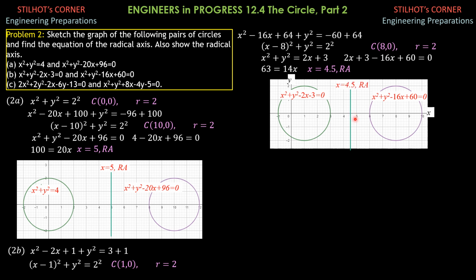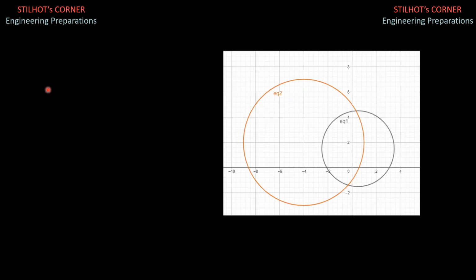Then we proceed to part C. So this is 2x squared plus 2y squared minus 2x minus 6y minus 13 equals 0. We factor out 2. So 2 times (x squared minus x. 1/2 of negative 1 is negative 1/2. 1/2 squared is 1/4. So for part C,